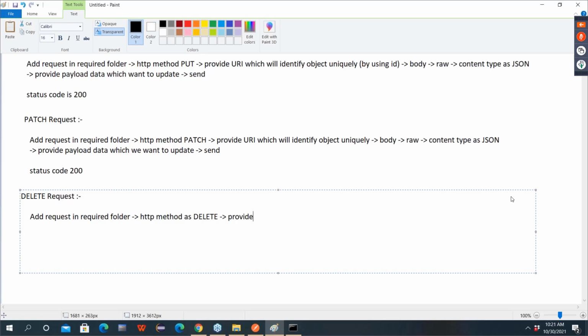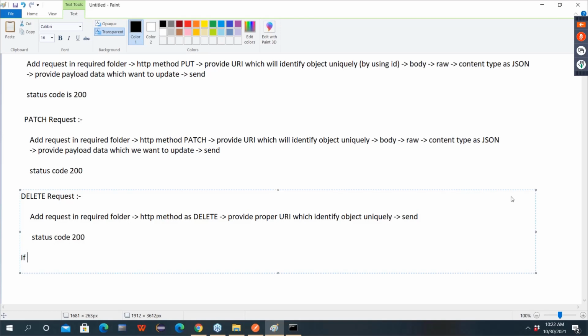Then provide the proper URI which identifies the object uniquely, and then directly send. No need of body, raw, anything. And again, the status code for successful removal is 200.